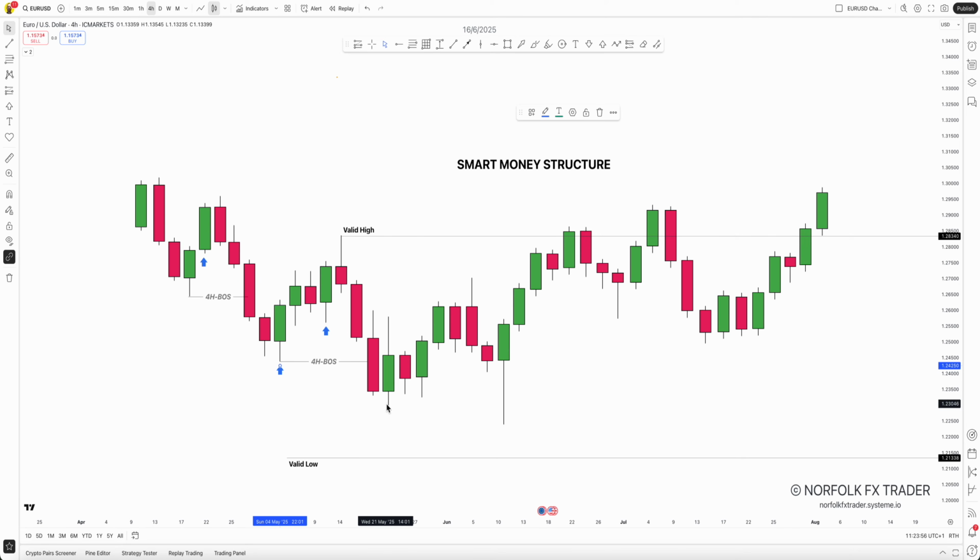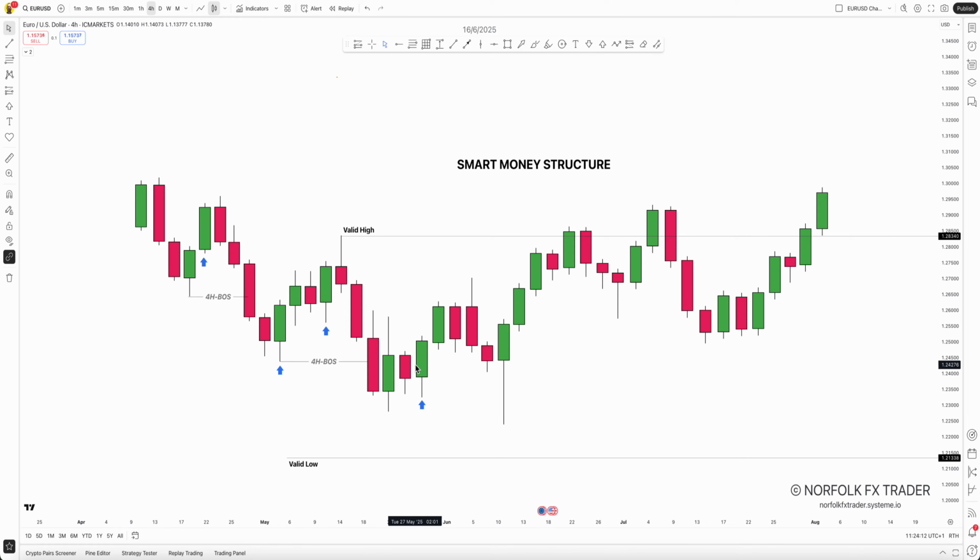So it's not a valid area yet to mark. Does this one close above this candle's high? Yes, it does. So now we have a valid close up. We can mark that off with an arrow. Again, you can apply this yourself with arrows on the chart if it makes it much simpler for you